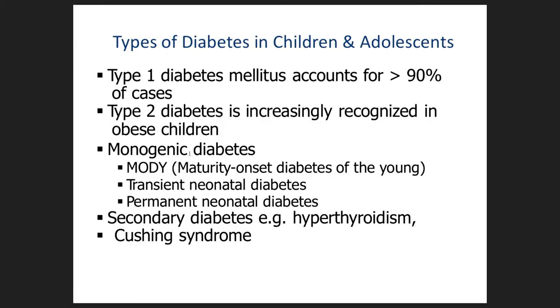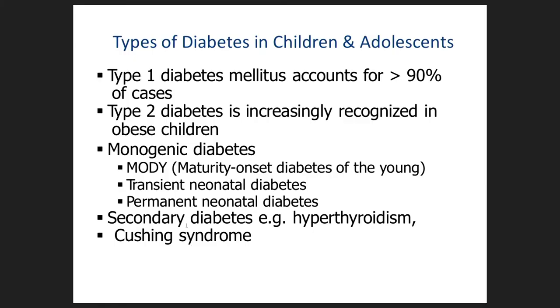There are other inherited forms of diabetes, for example MODY, as we talked about, maturity onset diabetes of the young, or neonatal diabetes. When we say neonatal diabetes, it means diabetes that happens at an early age, from birth up to the age of 6 months. If a baby or infant develops diabetes in that period, the name is neonatal diabetes. After 6 months of age, if diabetes happens, it's not neonatal, it's type 1 diabetes. Before 6 months of age, neonatal diabetes.